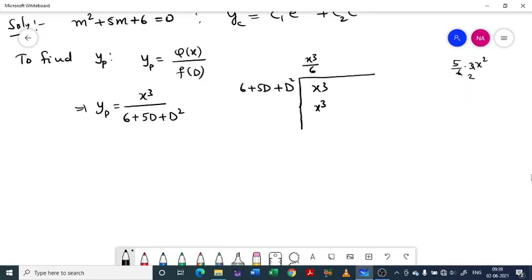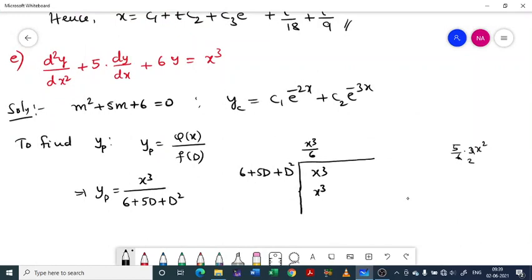Sorry, I think, okay, sorry for the mistake, it is not x cube, this is x square. Sorry, I thought that it is x cube. Now, okay. Even if you take x cube, that will be one more different problem. That's all. Nothing wrong here. Okay, now it is x square.